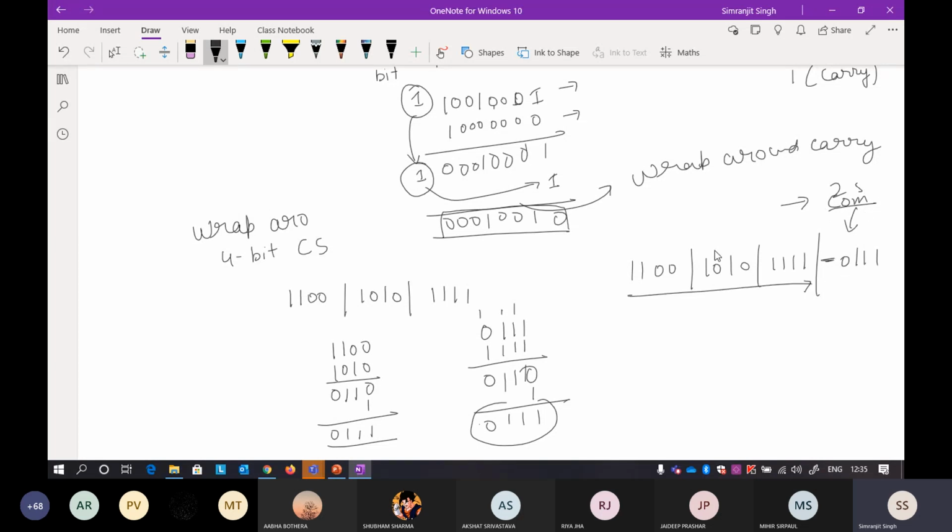Till here, wraparound carry is followed. If you add it, you will again get 0111. Because this process is followed, it will be 0 plus 0111, and you add this one with it, because it is a negative, and you will again get a 0. That is how you figure it out. Again, this is not a very effective technique. Actually, nothing is a very effective technique.